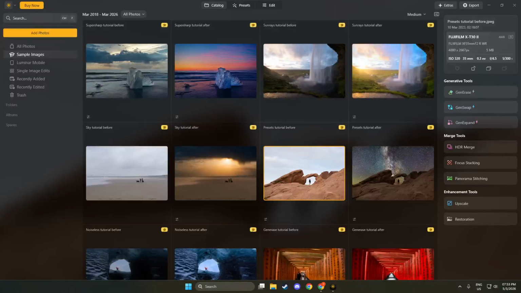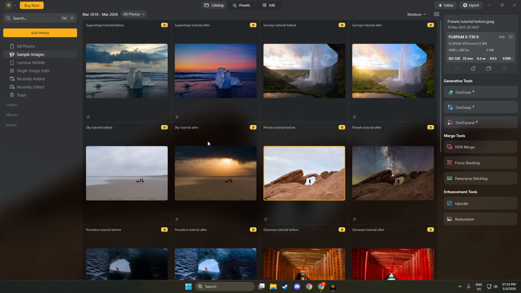In today's video, I'm going to teach you how to sharpen photos in Luminar Neo. Sharpening is all about bringing crispness and definition to your image without making it look harsh. Think of it as enhancing the edges so details pop a little more, especially in textures like hair, fabric, foliage, or architecture. Done right, it makes your photo look clearer and more polished.